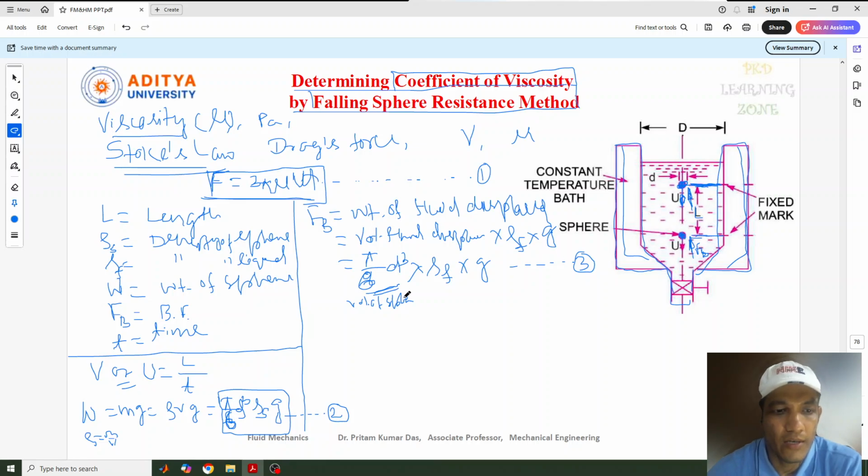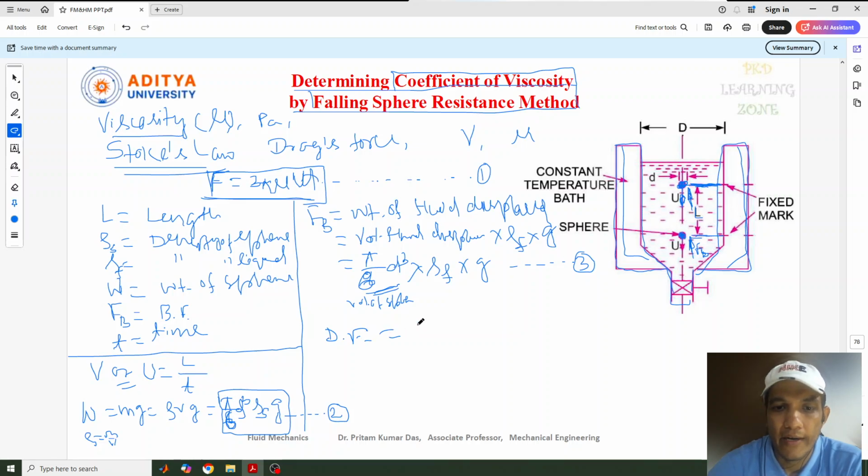One is weight of the sphere, another one is the buoyant force. So these two equations we can use in our upcoming concept. So what is the next target we need to do? Now we know that the concept of Stokes law is there to identify the coefficient of viscosity by this method. Stokes law is related to the drag force, and we need to make it the equilibrium condition. For equilibrium condition we can write the drag force